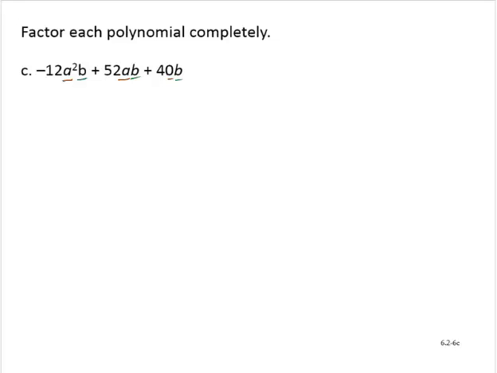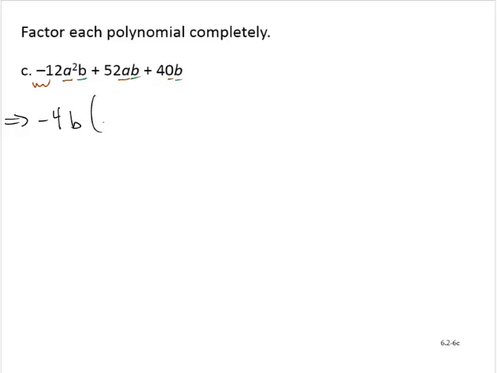Let's see, what else do we have? Everything's even, so that means I can take out a 2. Oh, but in fact I can take out a factor of 4. 4 times 3 is 12, 4 times 13 is 52, and 4 times 10 is 40. So I could take out a factor of 4, but I'm going to factor out that negative as well. So here's what I'm going to do. I'm going to factor this by taking out a negative